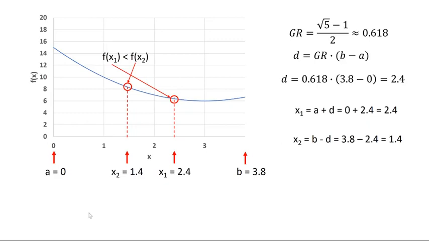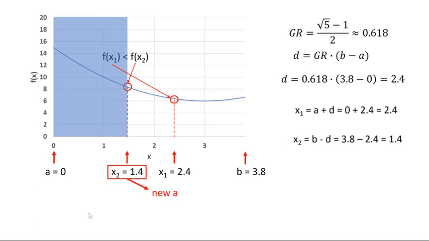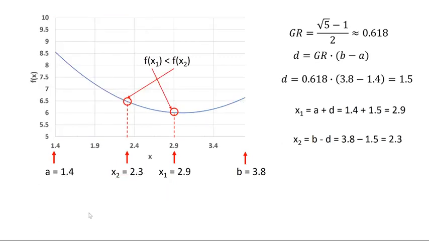Let's do another iteration. We calculate d to be 2.4. We calculate our new x1, our new x2. In this case, f of x1 is less than f of x2, so we eliminate everything to the left of x2. And in this case, x2 then becomes our new lower bound, which is a. We move on